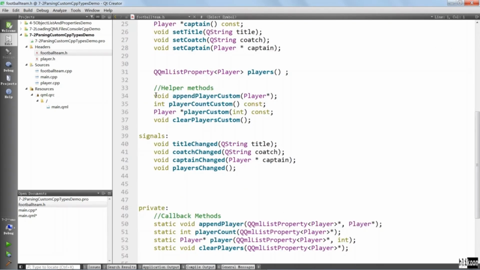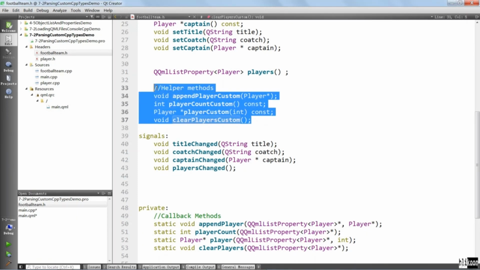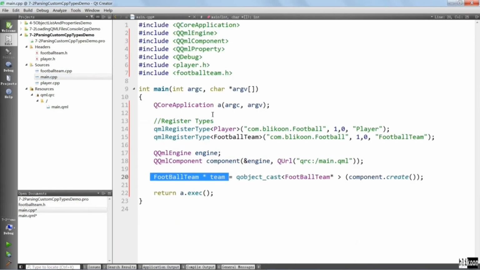We can add players, we can get the number of players, we can get a player at a given index, and things like that. We're going to play with this in a minute. Let's go back to main CPP and check that this actually worked. We're going to say if team